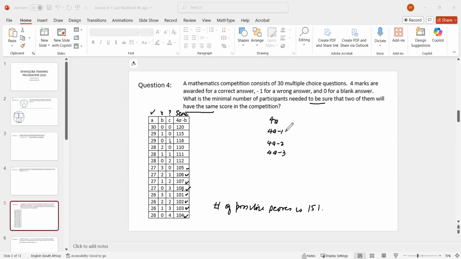And all these can be obtained, because the A will be 4 here, and the B's will be 1, 2, or 3 because these are the negative ones. And then you need to know how many zeros there are, right? And you will see that as long as A is less than or equal to 27,